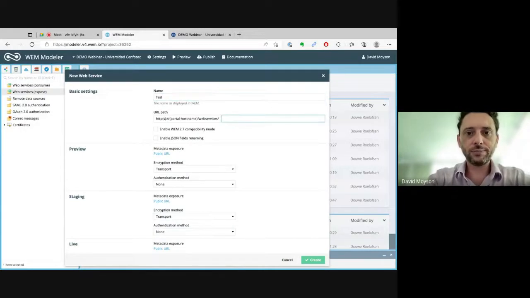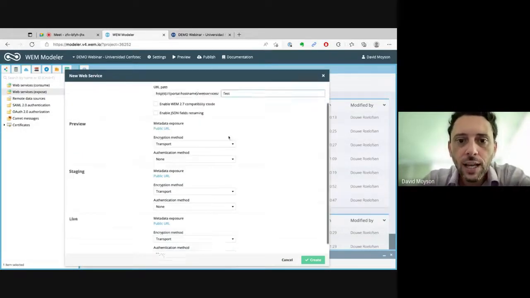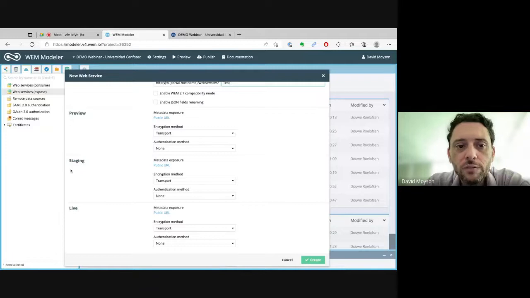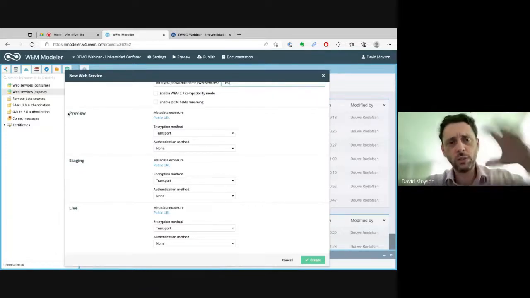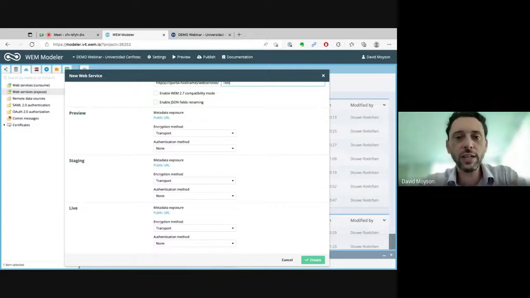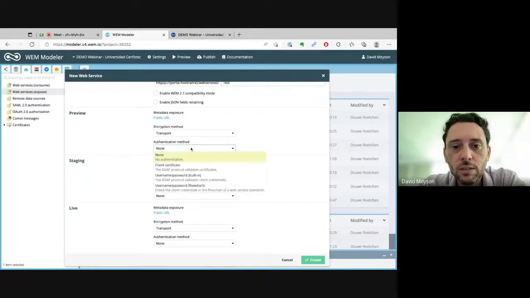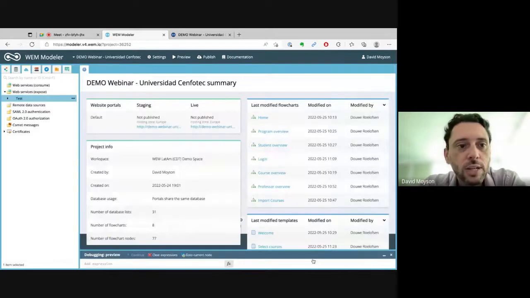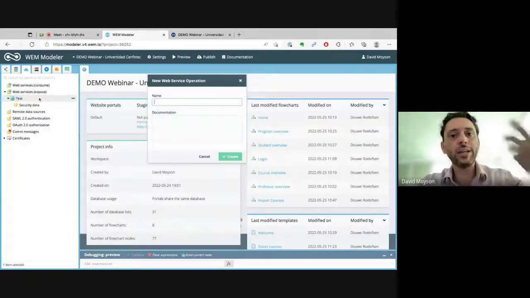Call it test again, and here for the 3 environments that WEM has: preview, which is the development environment that we use today; staging, which is for functional testing, which we've published to today as well; and then you have live, which is where your final application is working. As you can see, for each of these environments, you can set separate encryption and authentication methods, using certificates, passwords, etc. So if we just create one, then within our web service, we can start creating operations